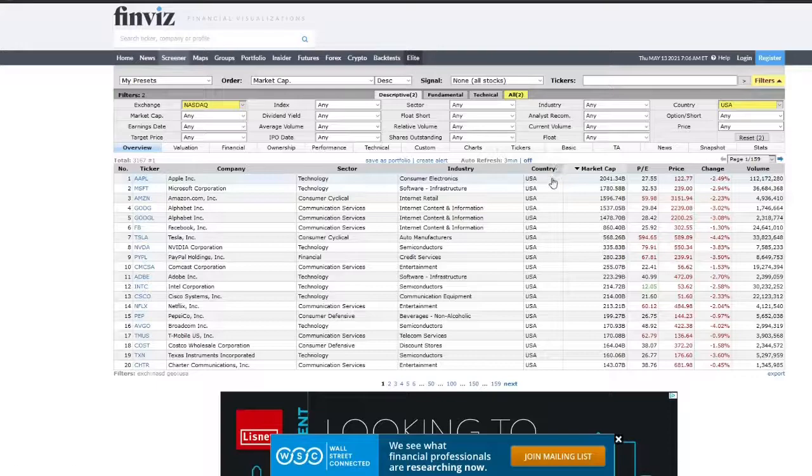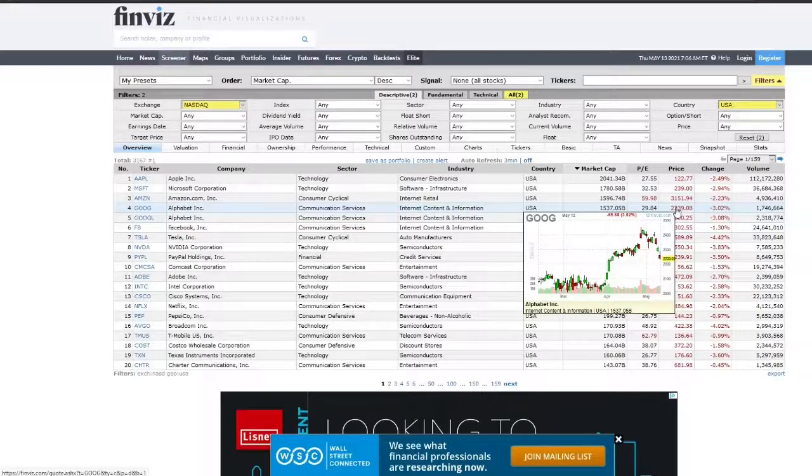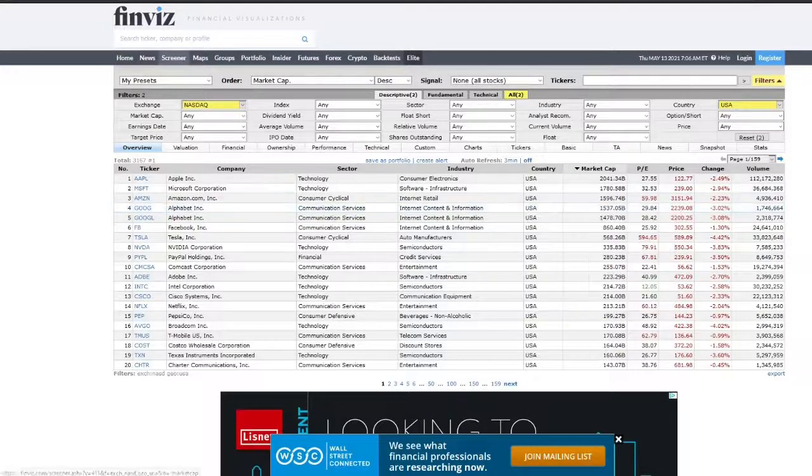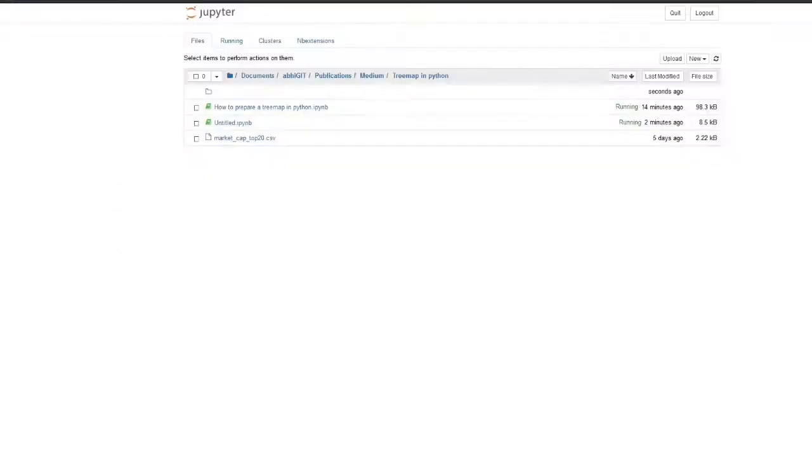I'm just taking the data of companies which are listed in the USA only. Then market cap, PE, price, change in a day, and volume traded. These are the data available in this table. I have saved this as a CSV file. I will share it in my GitHub repository also, and I will link it in the description.